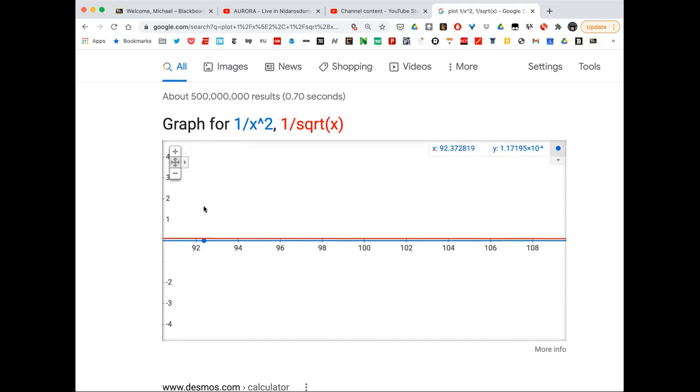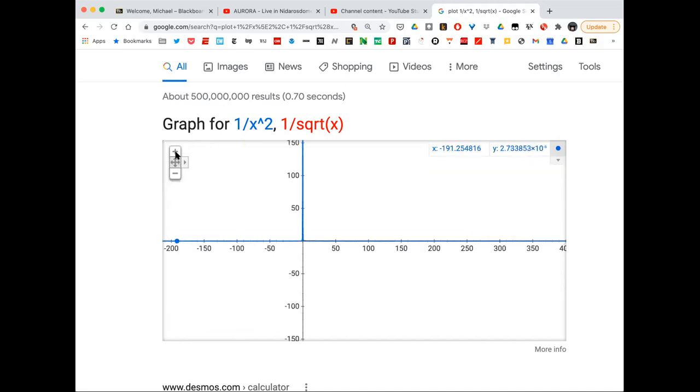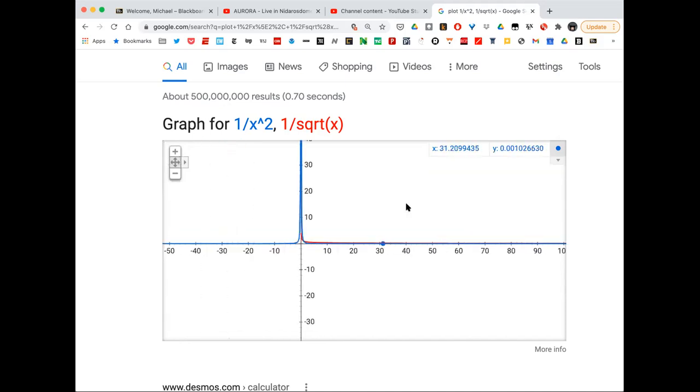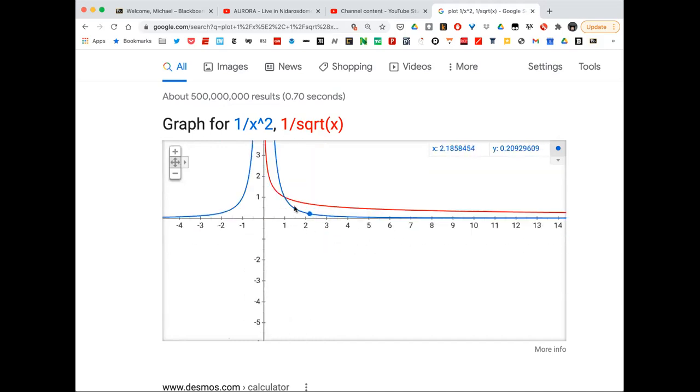If I just zoom out again, you kind of see. Well, if I zoom out enough, I just get these. It's really hard to see what's going on there. But again, you can just see what happens here. So it turns out that if the graph dives down to 0 quickly enough, dives down towards the x-axis quickly enough, you can get a finite amount of area under it. If it doesn't, again, with the red graph, you cannot get a finite amount of area. We saw that the area under the red graph gets bigger and bigger. And that's what's going on